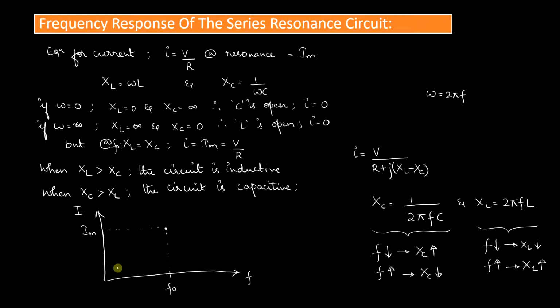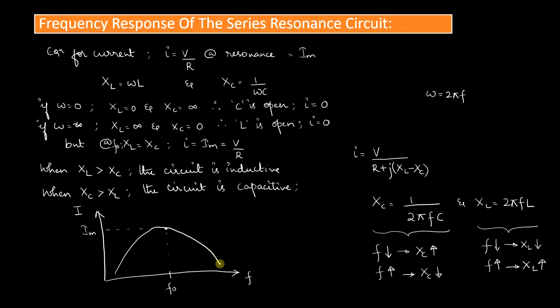So if you observe the graph, at omega equal to 0, or f equal to 0, I obtain the current I to be equal to 0. And if f is equal to infinity, then again I obtain the current I to be equal to 0. So I know that my graph has to be in such a way that you obtain a 0 at this point and a 0 at this particular point. So I can finally draw this